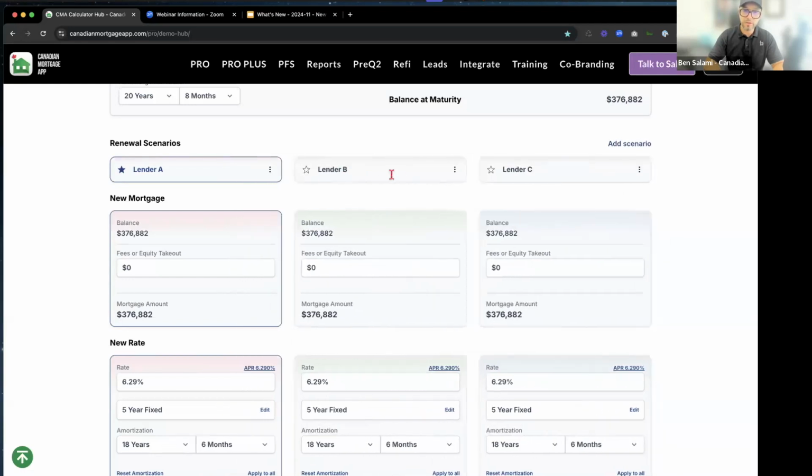You can change the colors of these simply by clicking here. If you want to highlight specific lenders, you can do so. Okay. You can duplicate the scenario or you can just delete it. So now we are all starting with the same balance,